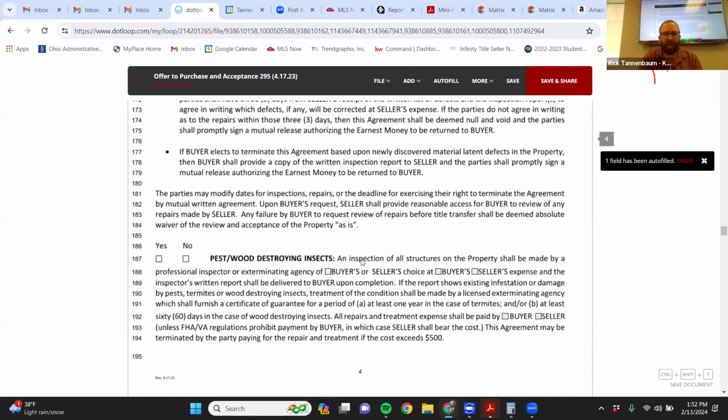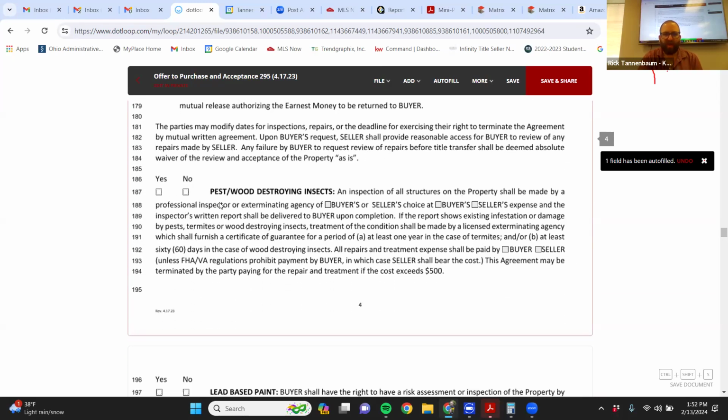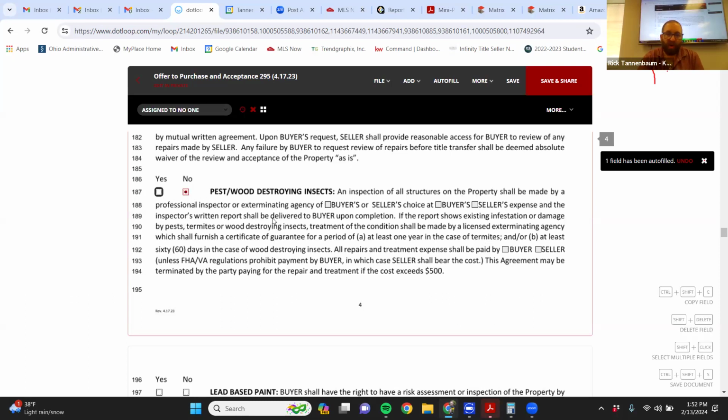Okay. Pest and wood destroying insects. I typically check no on this box. And when I explain that to a buyer, I usually say, look, there's a lot of language in here that I haven't seen a problem with, but I don't want you to be the first one to have a problem with it. We can say you have the right to a pest inspection, buyer's choice of who's doing the inspection, and buyer's going to pay for the inspection, and any repairs will be paid by the seller. That sounds great for the buyer, right? You're going to do the inspection, they're going to fix any problems, except